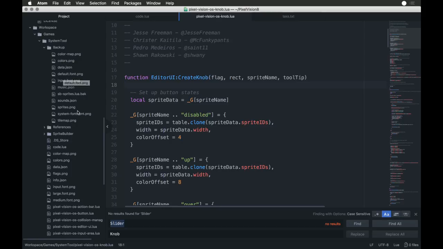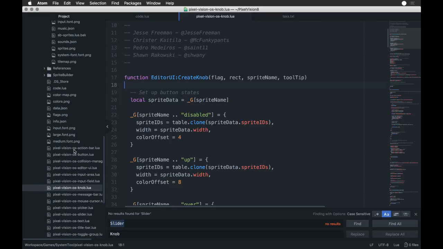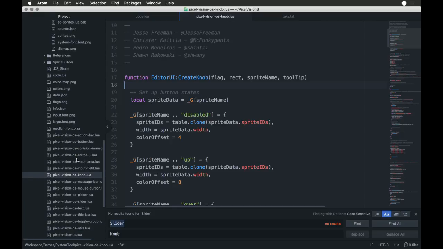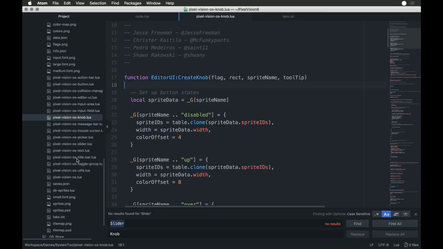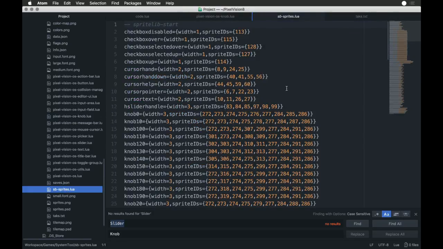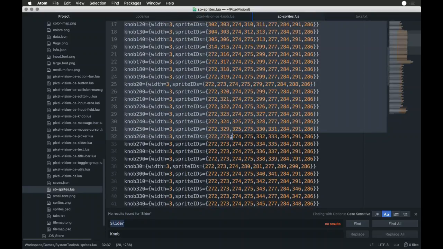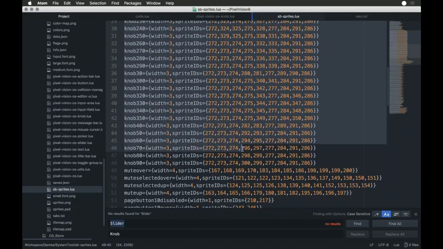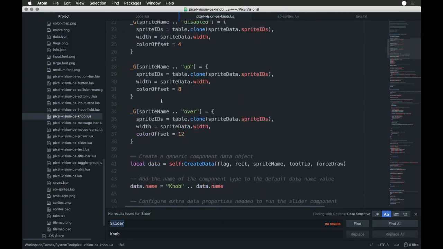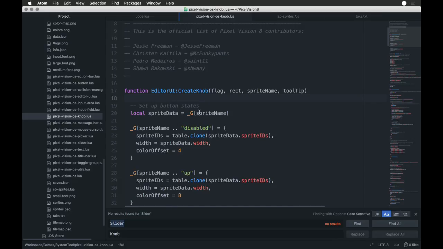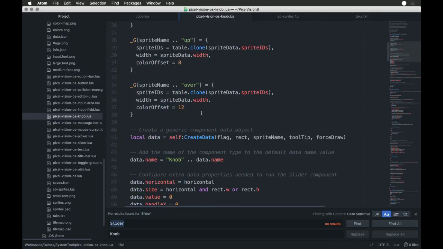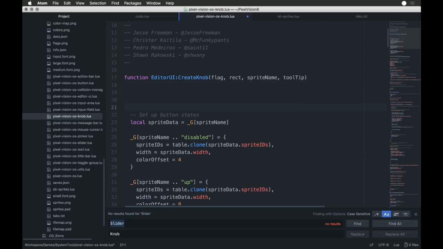So I will open back up the SB sprites. And what we're looking for are these things here. I just need a reference to all the, so okay, when we create a knob, what we're going to do is data